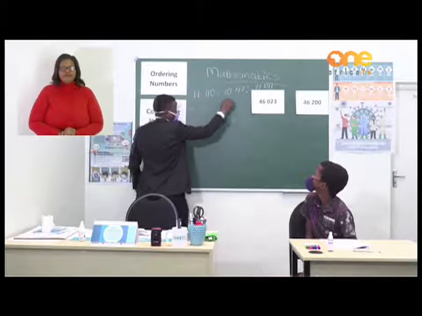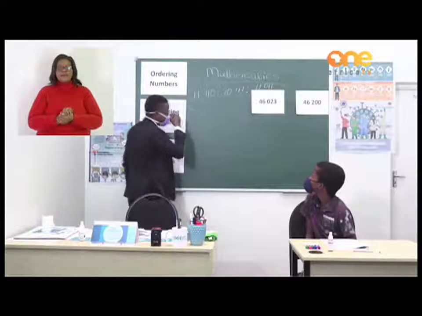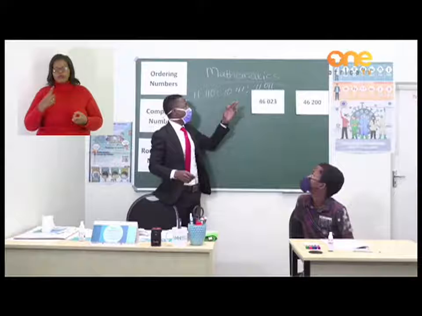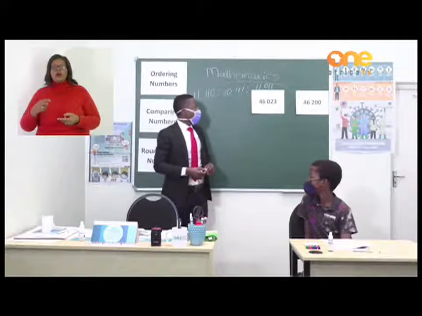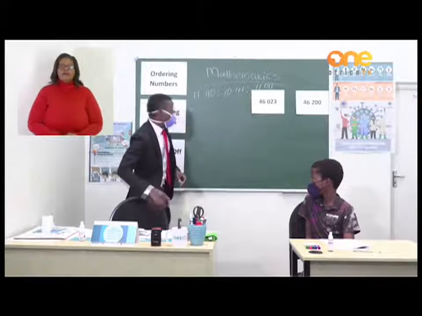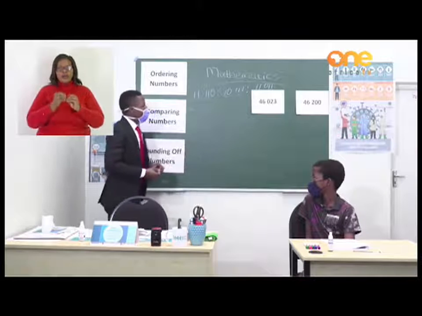So I'm having 3 numbers. The first one is 11,110. The second one will be 10,111. And the third one is 11,011. So to put these numbers in order, you need to know